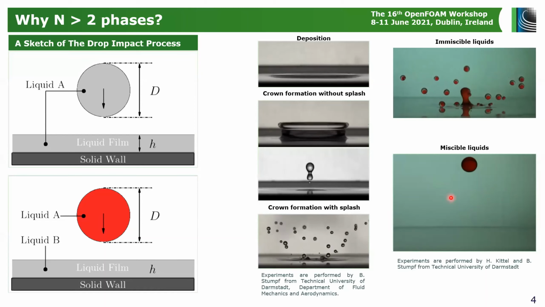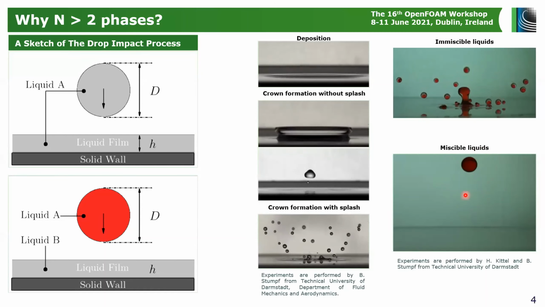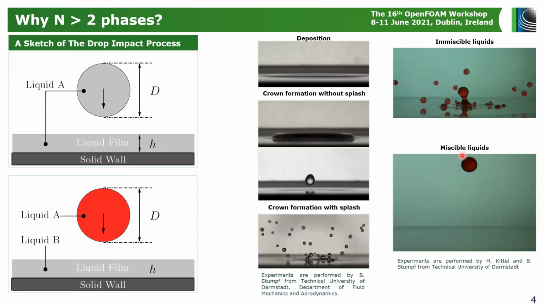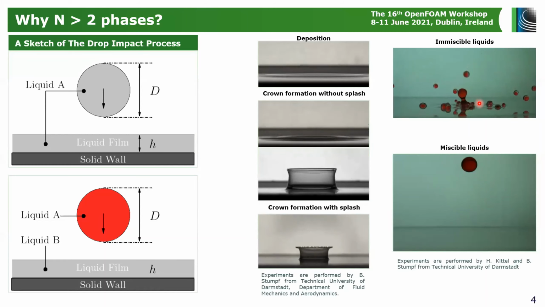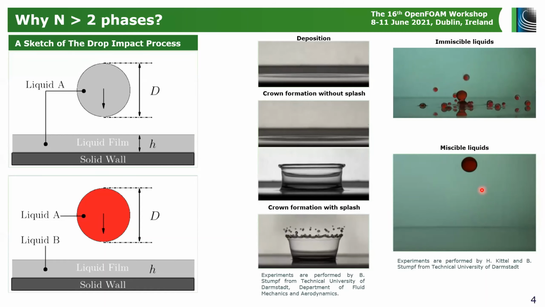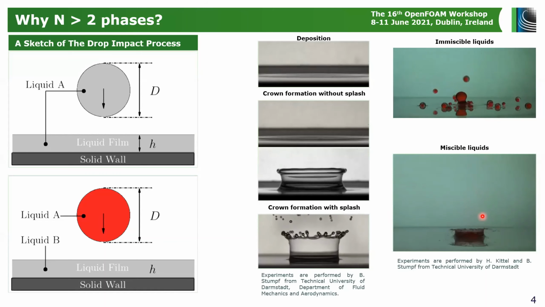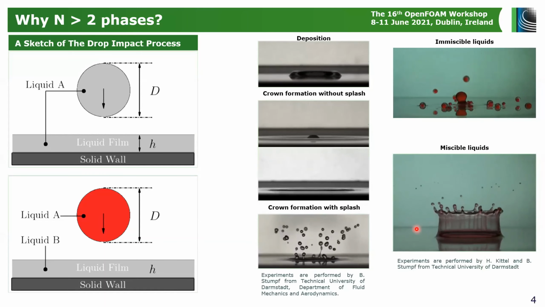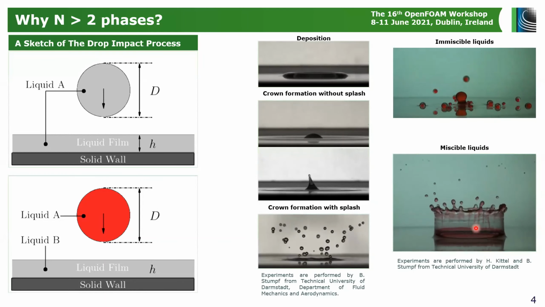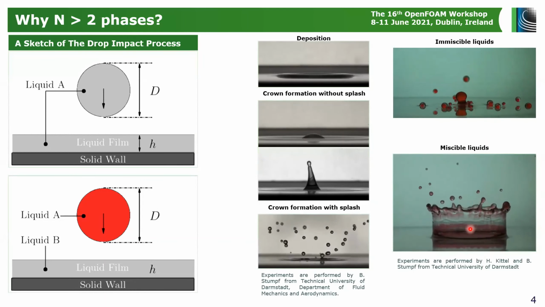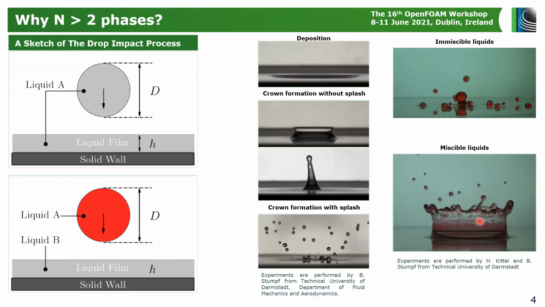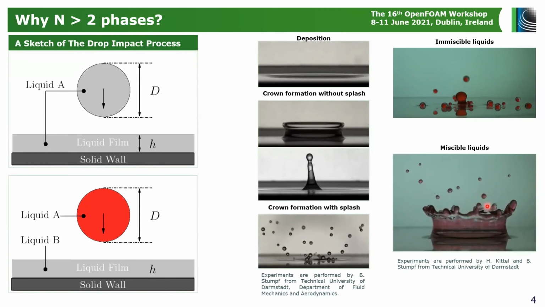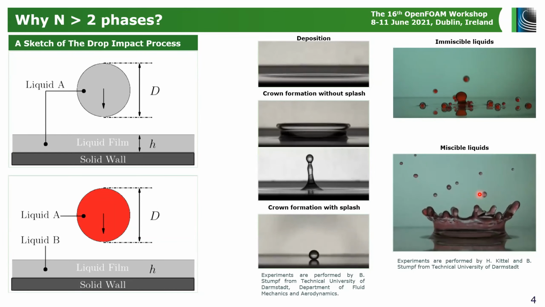And if the same experiment is repeated for the case where we are considering miscible fluids, we can see obviously totally different morphologies. Here is another experiment. We can see immediate generation of very small, tiny secondary droplets. We can see the mixing that is happening between the fluids in these experiments, and we can also see that the mixing is happening in the secondary droplets that are generated.